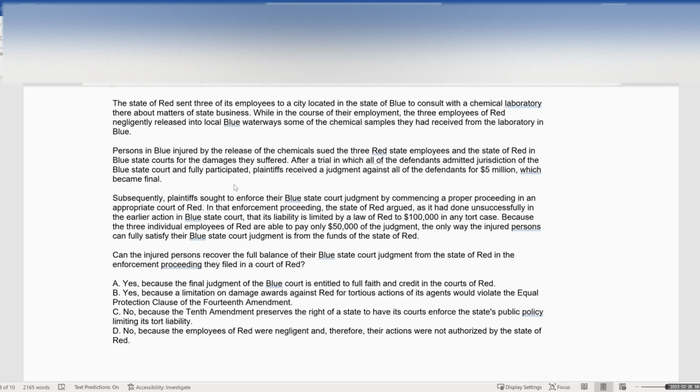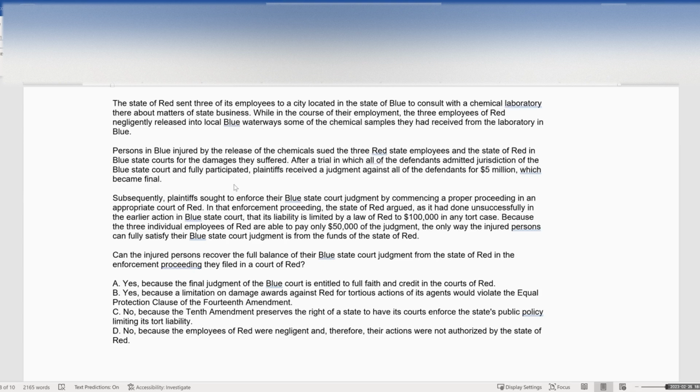Although, as you will see from the uniqueness of this question, and this is the reason why I'm picking it, to show you how for some really unique questions, you don't need to actually read the fact pattern. So the first method, going through the call of the question, then looking at the answer choices,